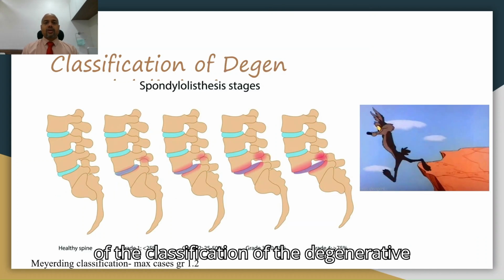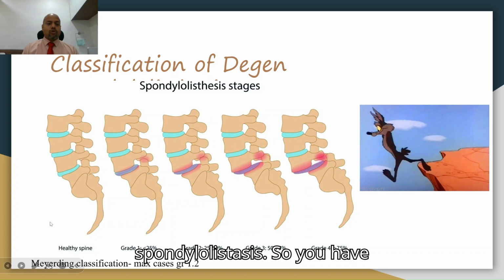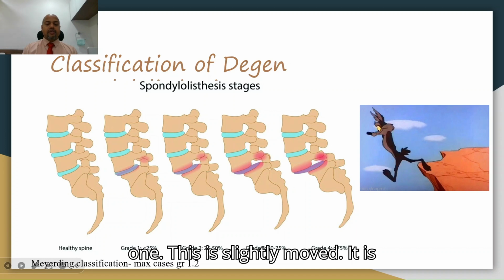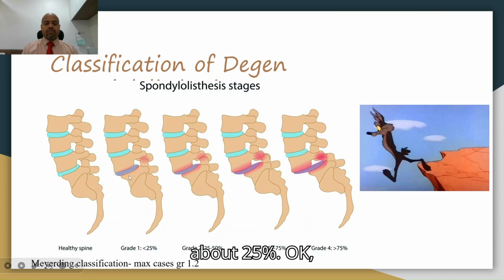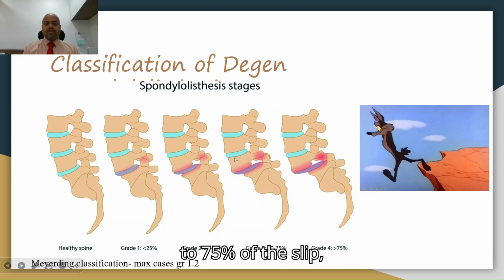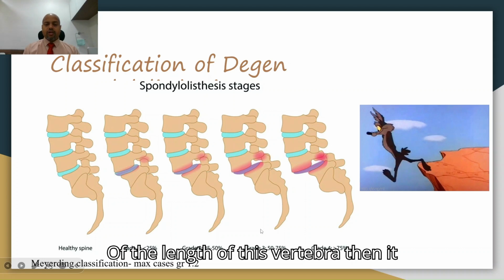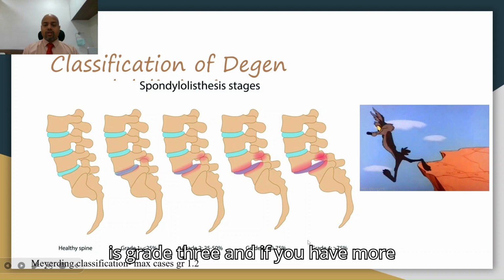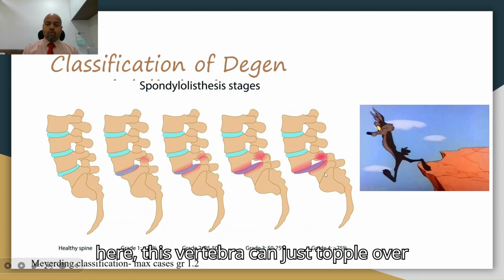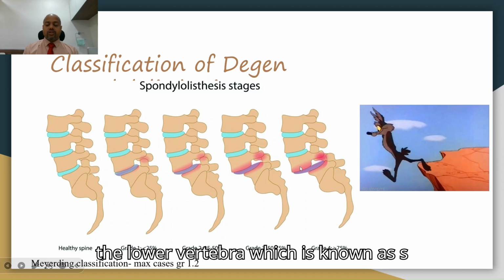In terms of the classification of degenerative spondylolisthesis, you have this as a healthy one. You have grade 1. This is slightly wrong. It is about 25%. Okay, so if you have 25 to 50%, that is grade 2. If you have 50 to 75% of the slip of the length of this vertebra, then it is grade 3. And if you have more than 75%, it is grade 4. And as a cartoon shows over here, this vertebra can just topple over the lower vertebra, which is known as